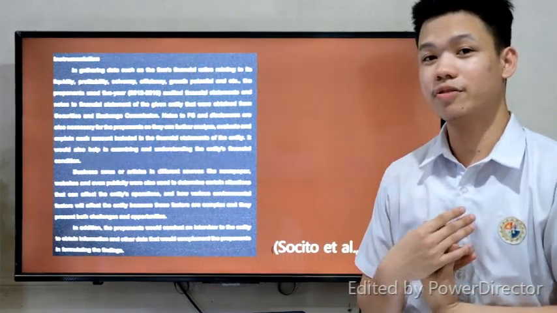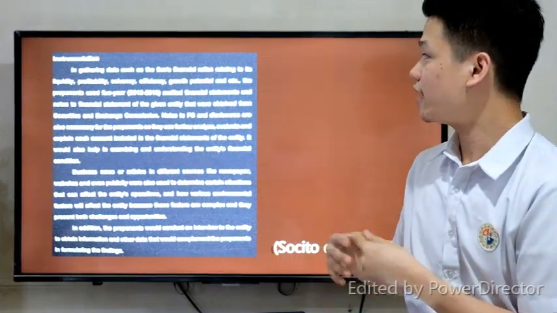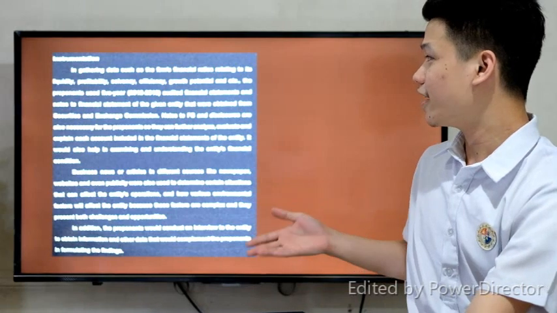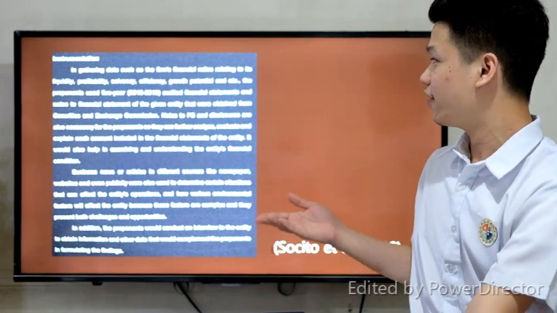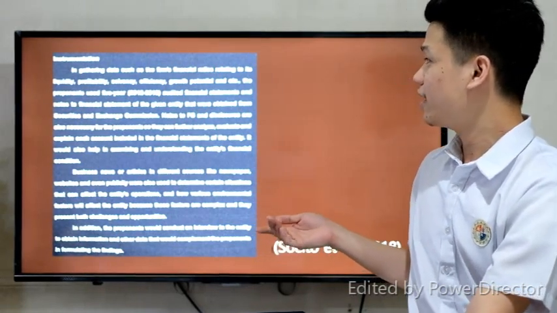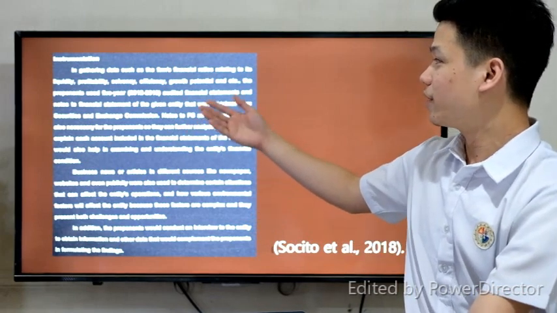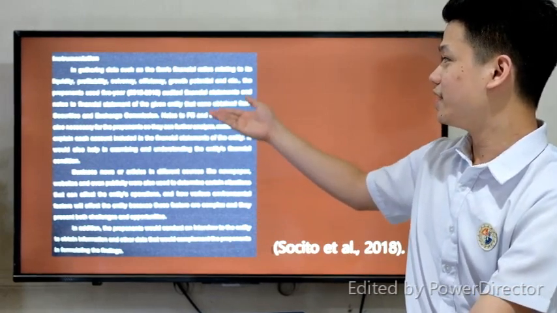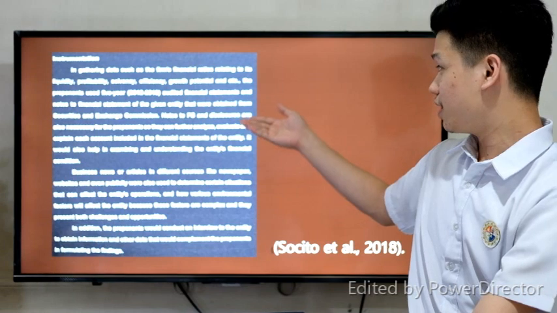In their instrumentation part, it states that in gathering data such as the firm's financial ratios relating to its liquidity, profitability, solvency, efficiency, growth potential, and so on,